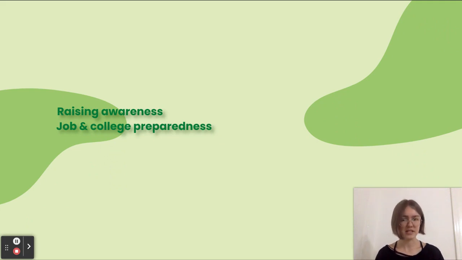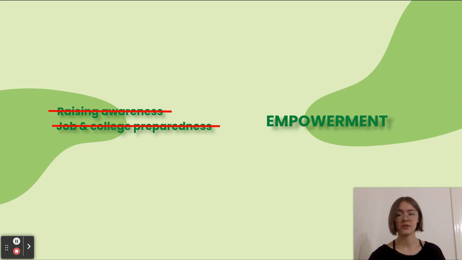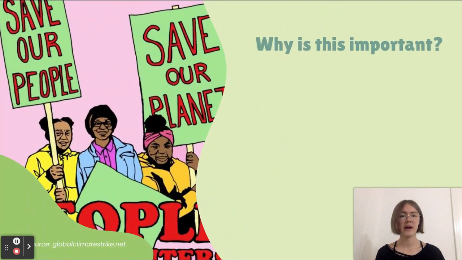And because of this effect that the purpose has on the actual process of the education, we are not looking for these things like raising awareness and job and college preparedness when we're telling people, teach kids about climate, make climate education a priority, right? When we're thinking about what our goal should be in climate education and what needs to be at the center of any teaching or curriculum development around climate ed, it really needs to be empowerment of students.